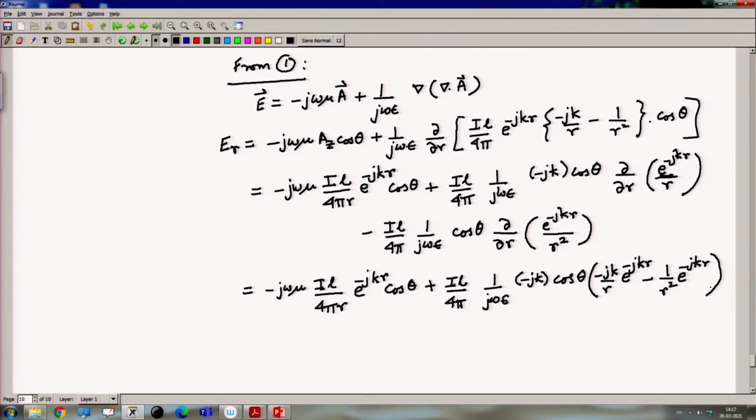For the first term, for the second term, and then for the third term